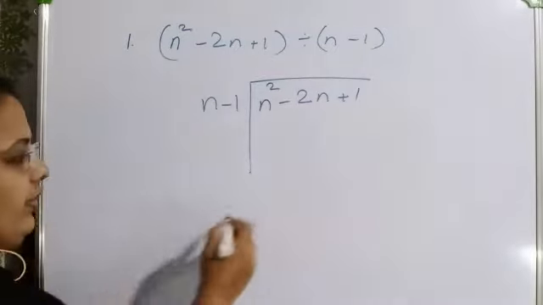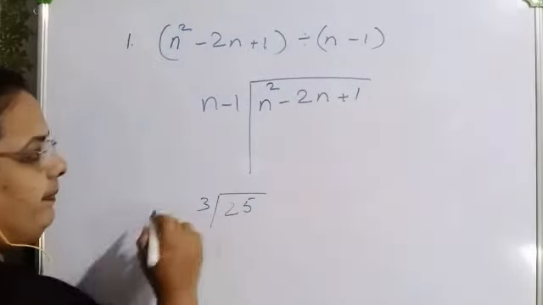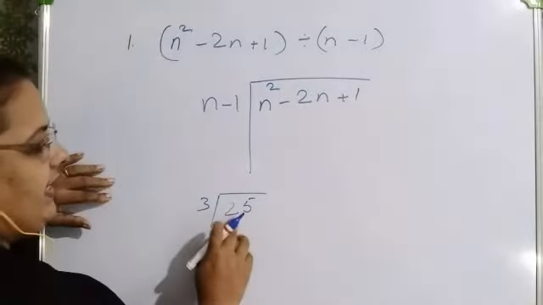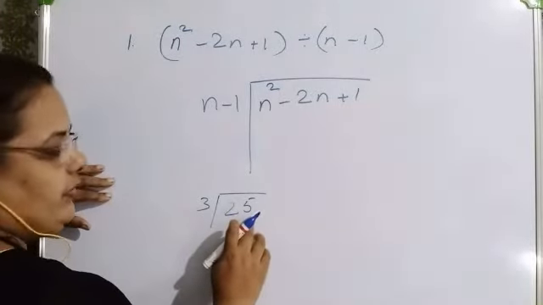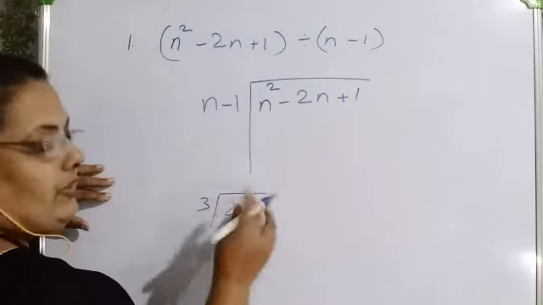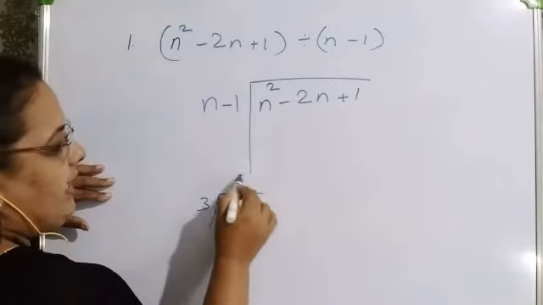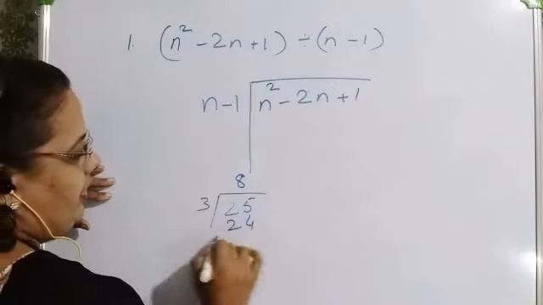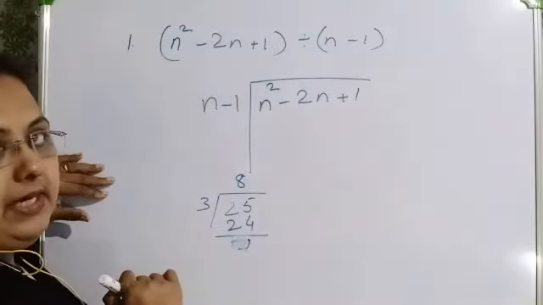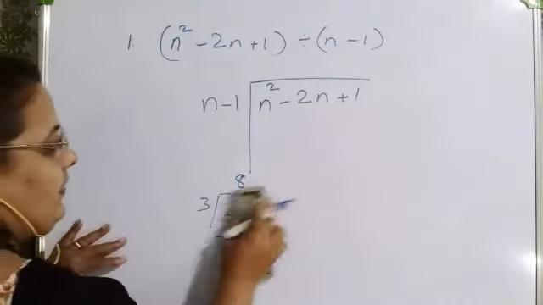Normal division when you do is 25 divided by 3. 25 divided by 3, what you will do? You will just see 3 how many times will go in 25. So we got it as 2, it will not go. So we will take 3 multiplied by 8, that is 24. You will get 1 as the answer here, remainder as 1. Same way here what we will do is that, not like this we are going to do,